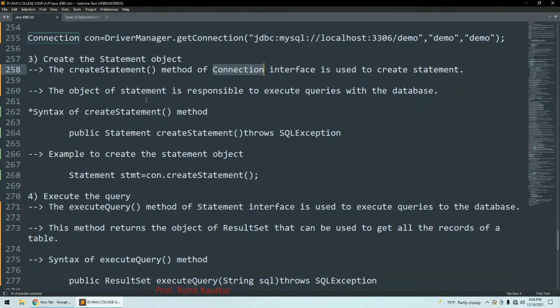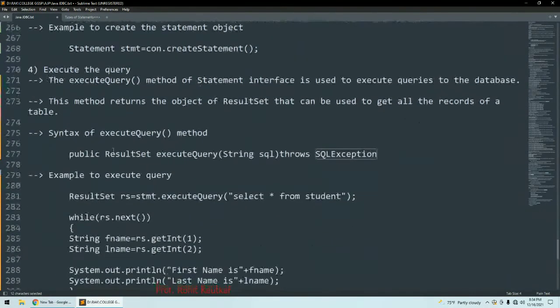The object of this statement will be responsible for executing queries. The syntax is public Statement createStatement, and it throws SQLException. See the example here: Statement, name of statement, equals connection.createStatement. This is how we create the statement. This is step number 3.